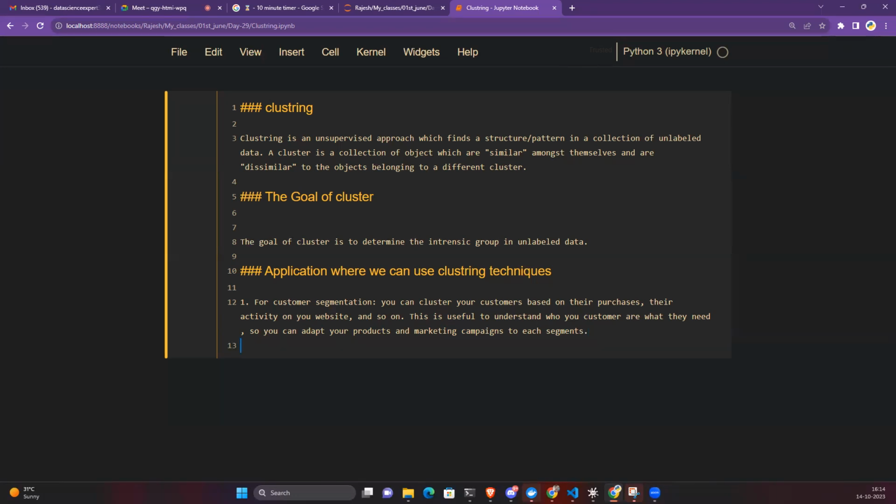So understanding your customer is the bigger thing. If you are in a product based company, who is your customer? First of all, identify who your customer is. If your customer is this type, then you can spend the money. 2000, why 2000, even 20,000 you can spend. Even if they are buying a 2000 rupee product, that's fine, but next time they will come, right? Identifying your customer is the bigger thing.